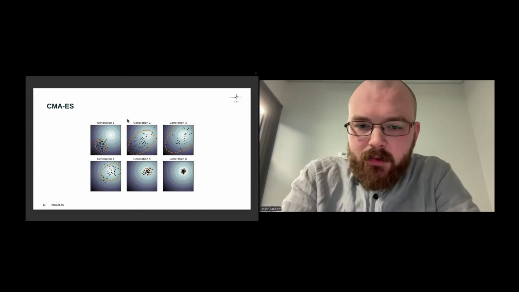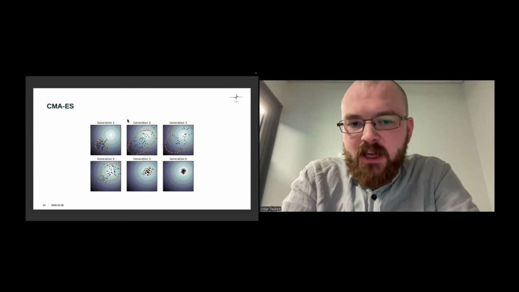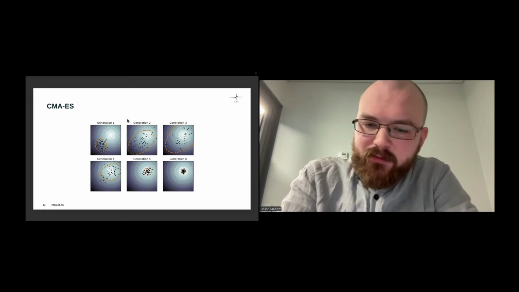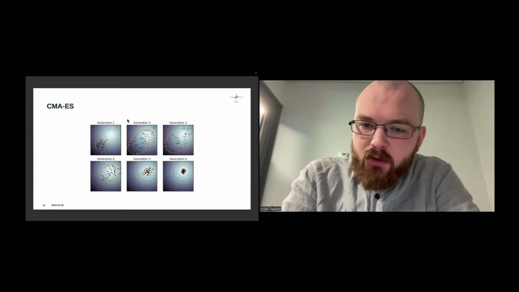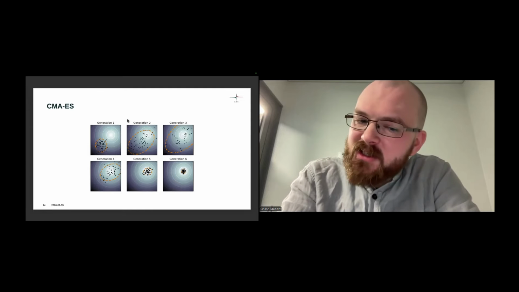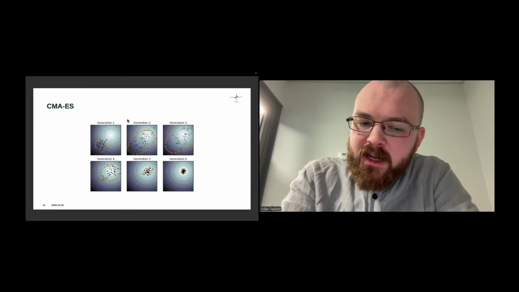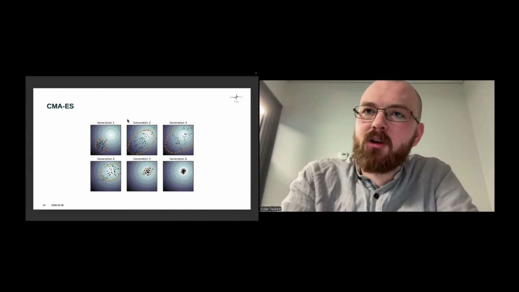In the simple example that I've shown, you can see that over several generations this distribution widens and spreads until it encompasses the minimum that you're looking for,